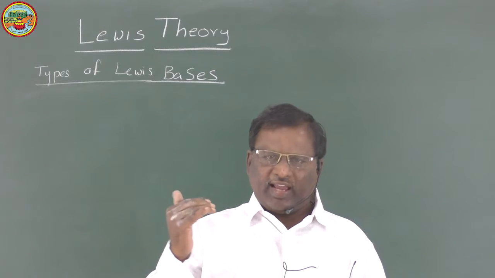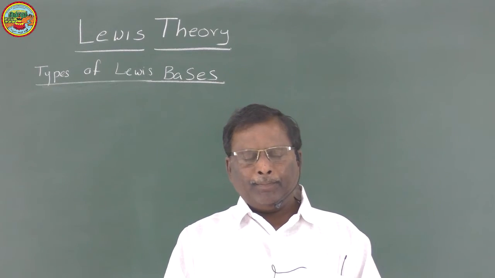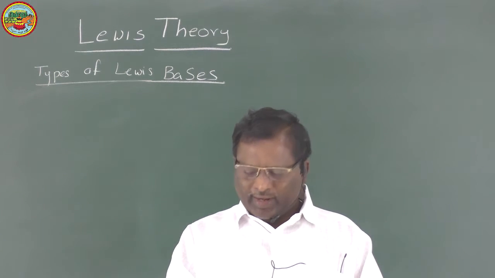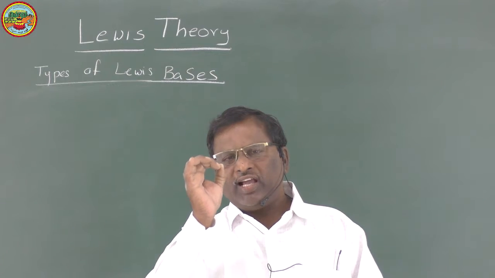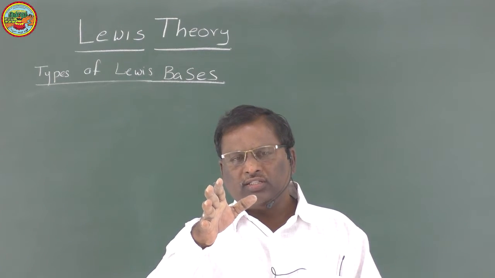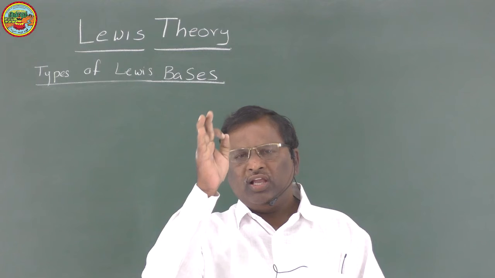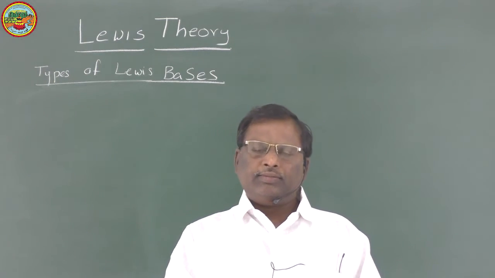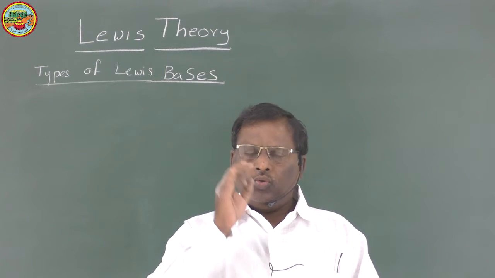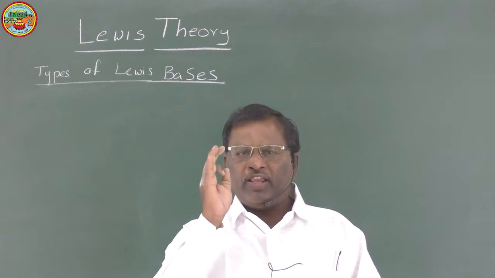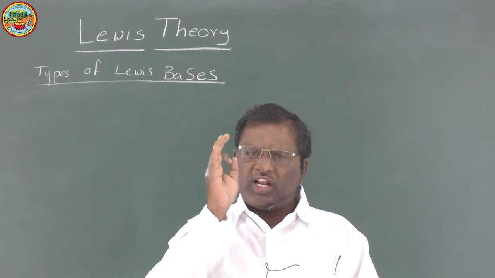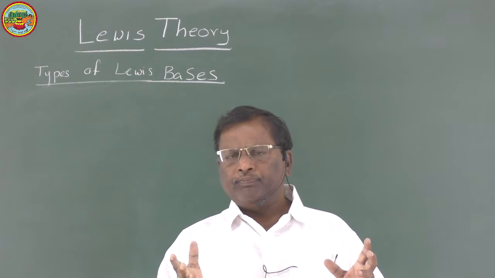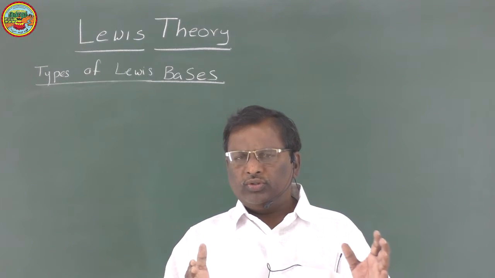is considered a Lewis base. Now here also, just like acids, we can classify the Lewis bases into three types. One is the molecules which have a non-bonding pair of electrons in the valency shell of their central atom. These are considered Lewis bases. Lewis bases are the species which have a lone pair of electrons in the valency shell of their central atom. What is the meaning? How do you know such species?